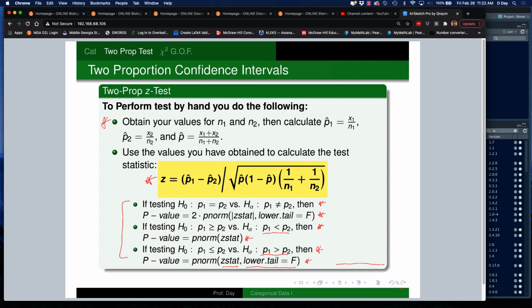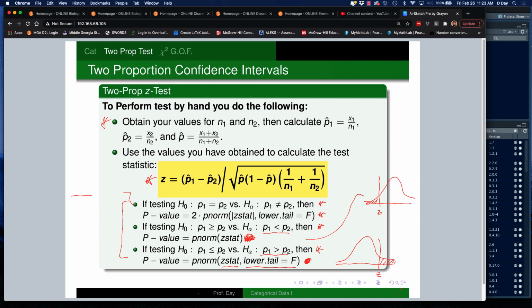Think about it this way. I know sometimes I don't draw enough pictures, but if your z-stat was here, then what this last function right here is going to do is find you the area underneath the curve to the right. The one that I did in the second bullet right here would be area to the left, and so most likely your z-stat would be down here somewhere, and you'd be finding area down here. In that very first one,